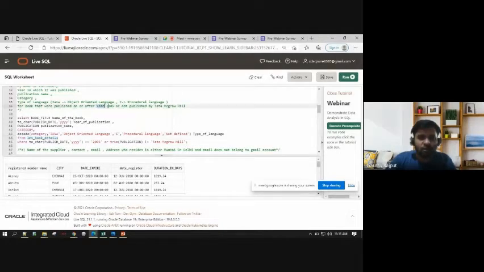I need to filter that it was published after a certain year. If you see, to_char is just a function that will take the date, and I say Y. It will just extract the year out of the date that is present in the published date column. So I'm saying published in or after the year 2005, so greater than or equal to, and not published by Tata McGraw Hill publication. For that publication column, I'm just trimming it. TRIM is a normal function, right, which will trim your data sets and remove leading and trailing white spaces, right?